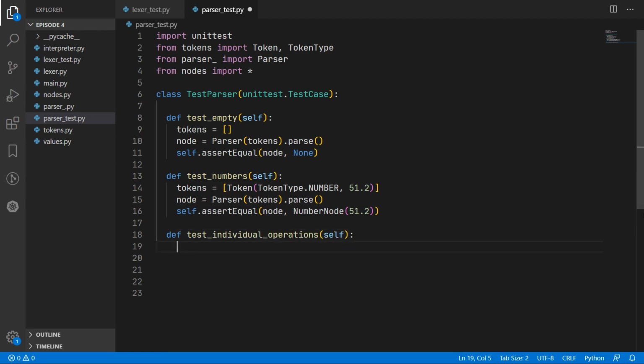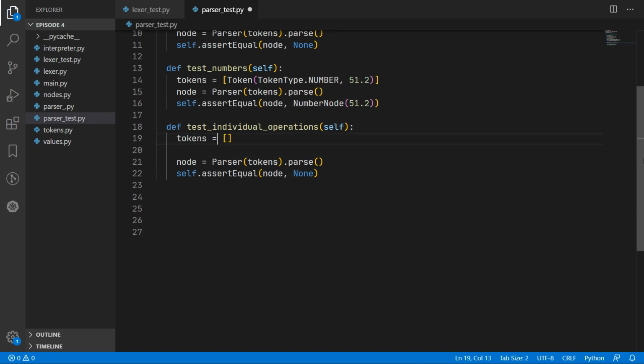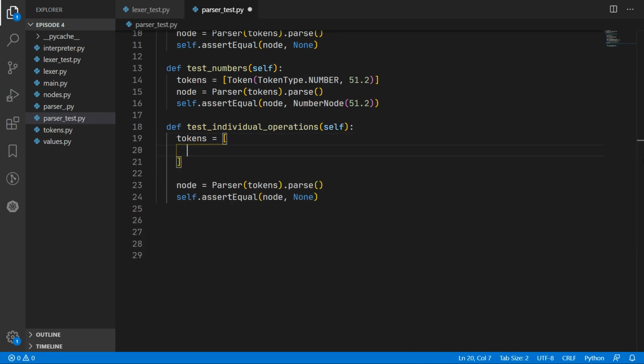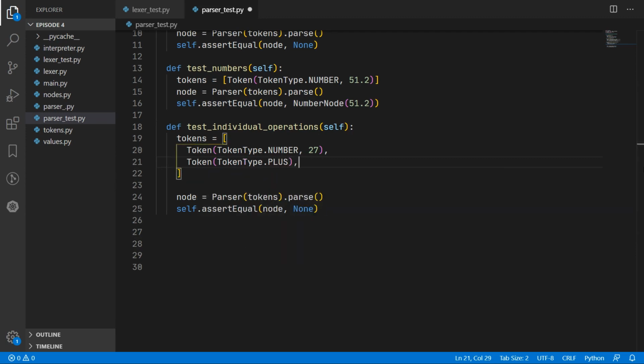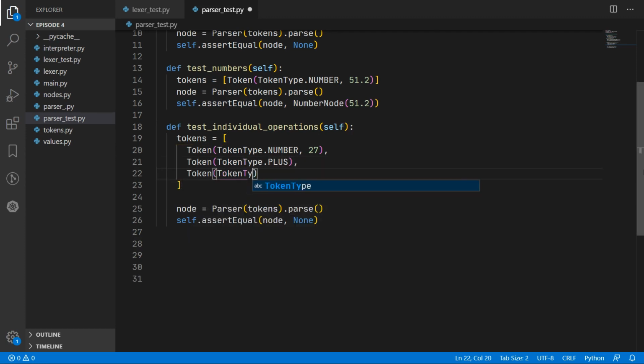We can now go ahead and test our individual operations. So those will do the plus, minus, multiply and divide operations. So we'll once again duplicate the code up here. And for our first one we're going to test a plus operation. So that's going to be a number plus another number, so we'll create a number token. And we'll put any arbitrary value, and then we want to put in a plus token